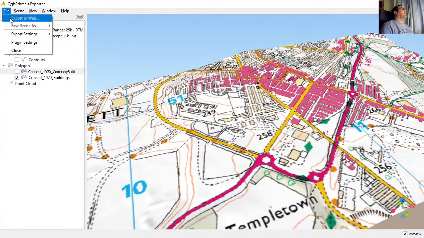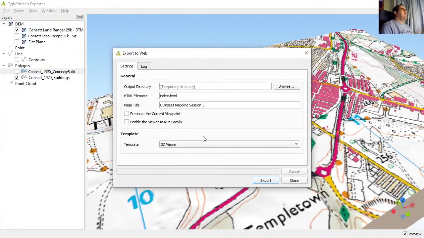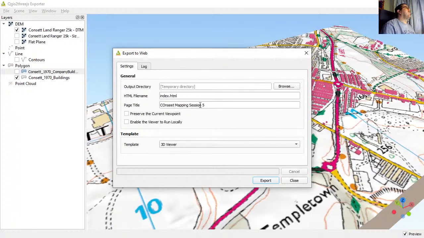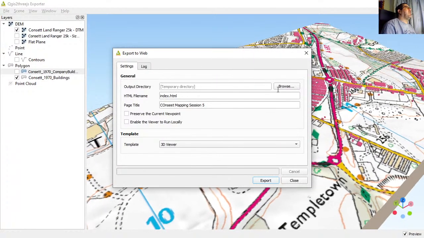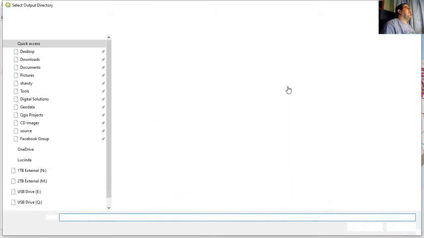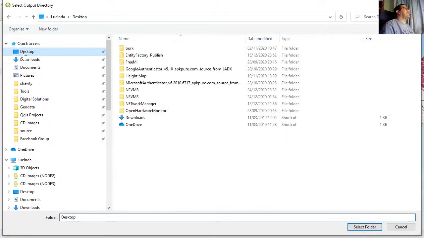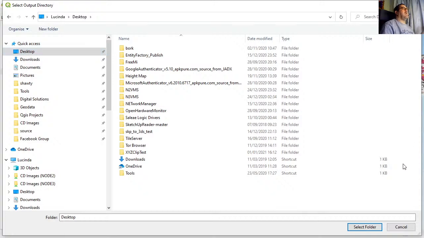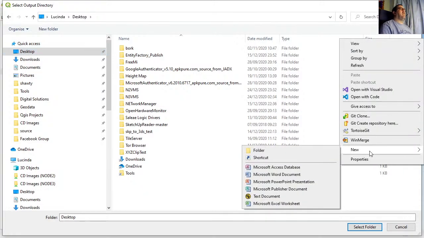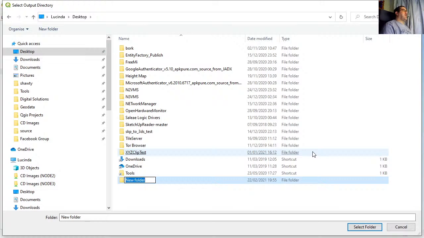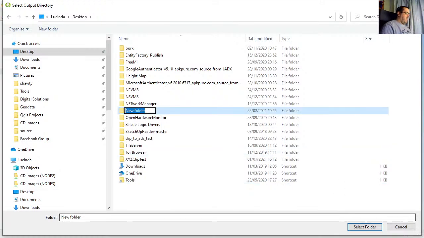So anyway, we go to export to the web, and we're just going to call it that. Where shall we put it? We'll put it on my desktop. We'll create a folder. You really are going to want to put this in a folder. What you would normally do is put this in a folder, then FTP the folder up to your website. So we'll call this map test,